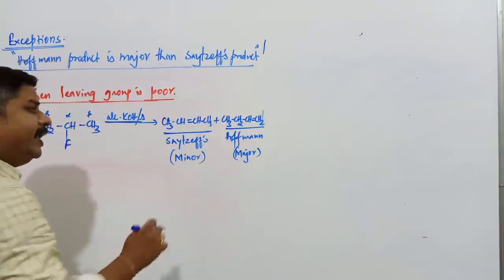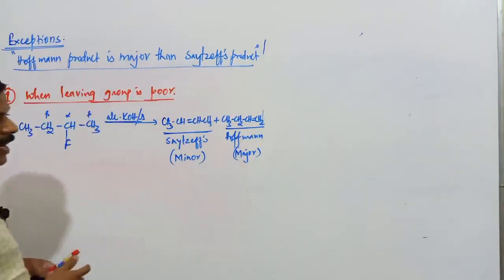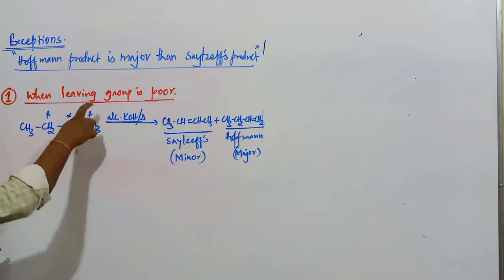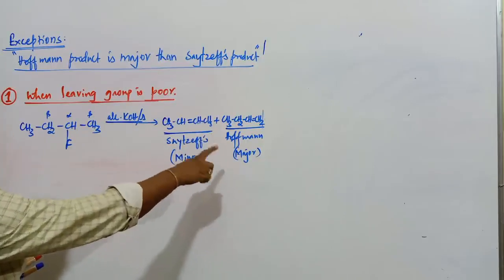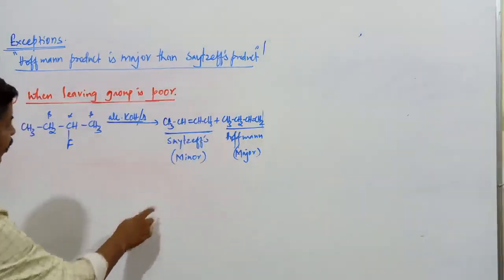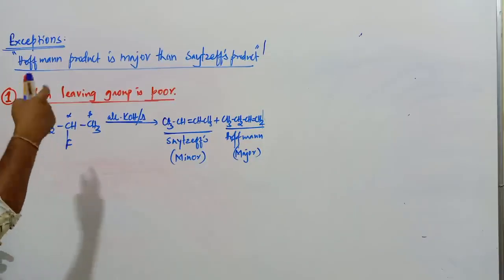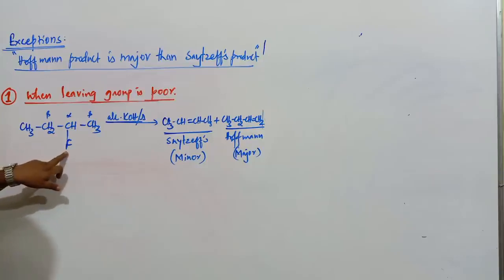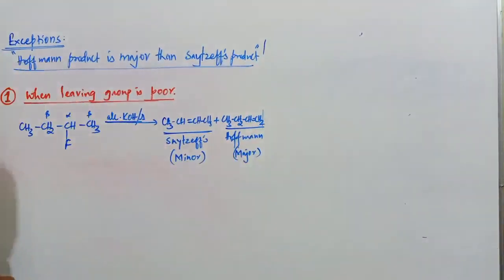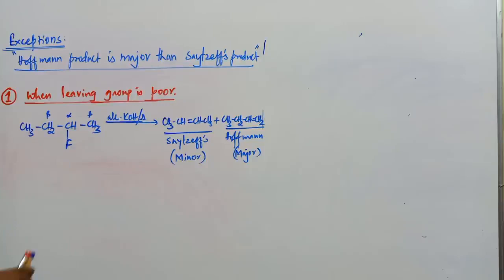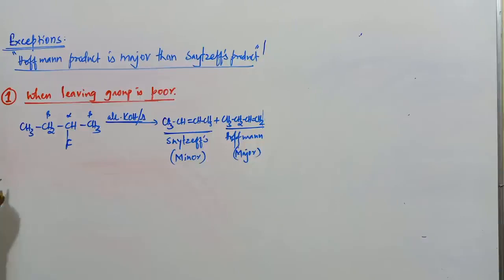In almost all the reactions, Saytzeff product is going to be the major product. But here Saytzeff product is going to be minor and Hofmann product is going to be major whenever there is a presence of a poor leaving group. So formation of but-1-ene is going to be major and formation of but-2-ene is going to be minor. Instead of the fluorine atom here, if the compound contains any other leaving group like bromine or iodine, in that case the same products are formed, but this becomes major and this becomes minor product. So this is one condition where Hofmann product is the major product: when the leaving group is a poor leaving group.